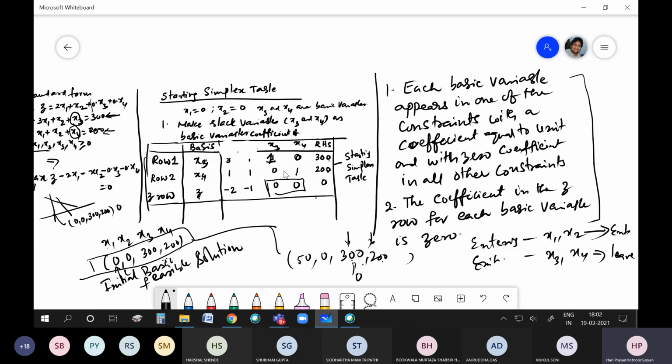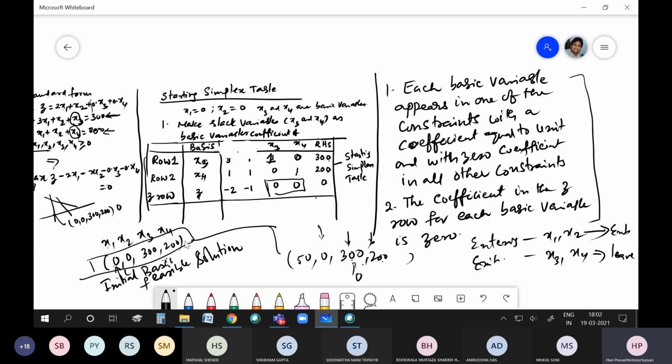So you start with one basic feasible solution, which usually will be at the corners of this feasible region, and move in an optimum manner from one corner to the other corner, so that we reach the optimum with a very small number of iterations. In the simplex method, the initial basic feasible solution is one in which only the slack variables are non-zero and all the decision variables are 0.